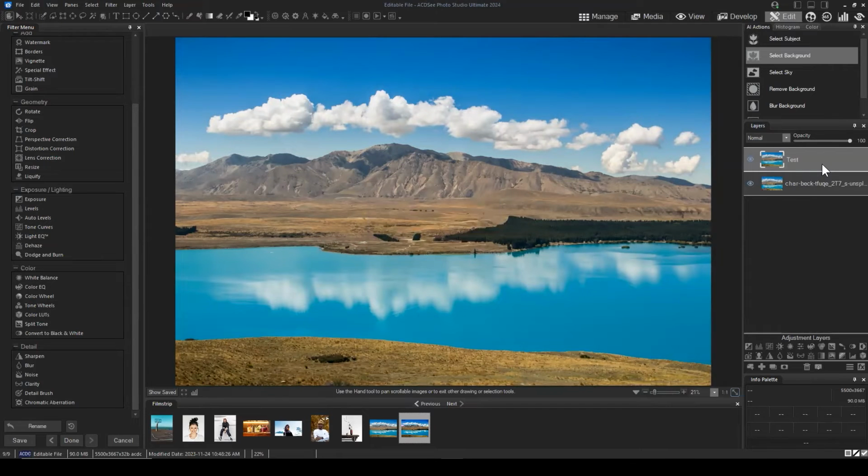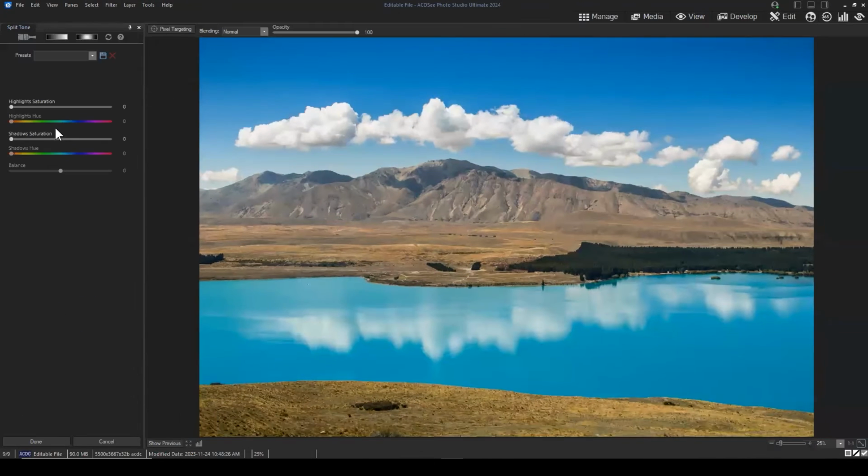The point is that the layer is truly flattened, but because I've made a duplication of it, I don't lose my original layer that I want to work with. And there's a real distinct difference there. So while these filters aren't non-destructive, they can be made somewhat non-destructive with the emphasis of duplicating the image. And if I wanted to do, say, that same split tone again,